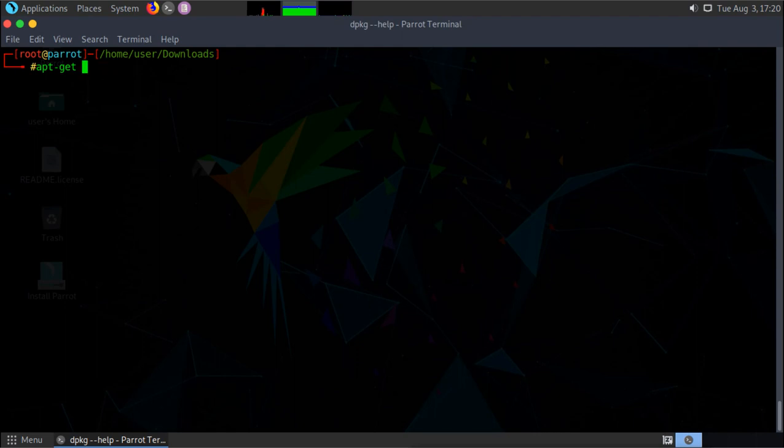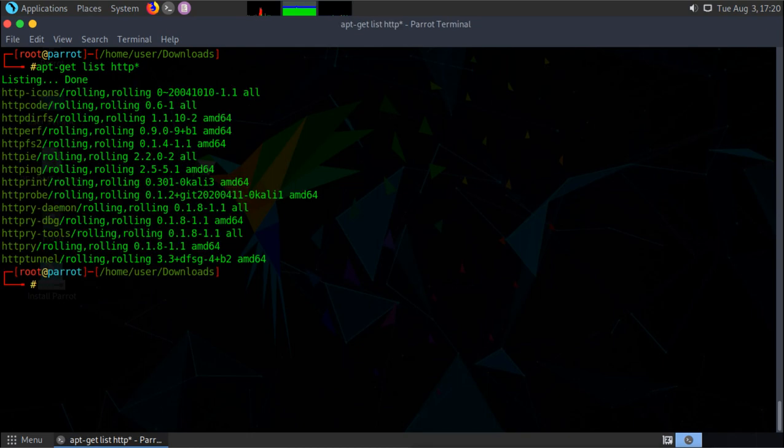So we can manage directly. It will go online if you connect it to the internet, so it has the online repositories available. You can use those repositories to get the package, download it and install it with the dependencies. For example, you want to check whether you have HTTP available or not. So it is showing these are the packages that are there. And if you want to install something, you can give the name and install it.